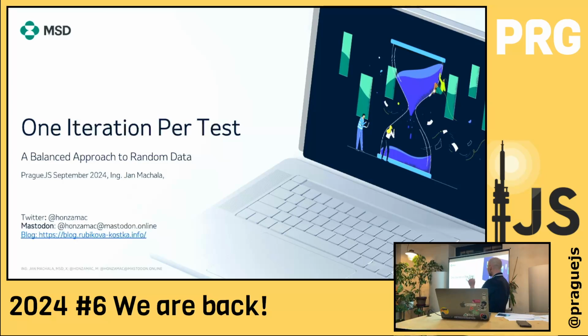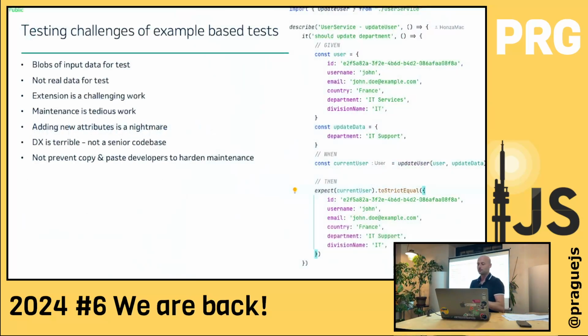So maybe I will show you something, how to make it more fun. Basically, what I found over the years is that this kind of test you can find in your code base. It looks like this: you have some inputs, you have something that you test, and then you have the expectations. Did you write any tests like that? Do you have a lot of them?